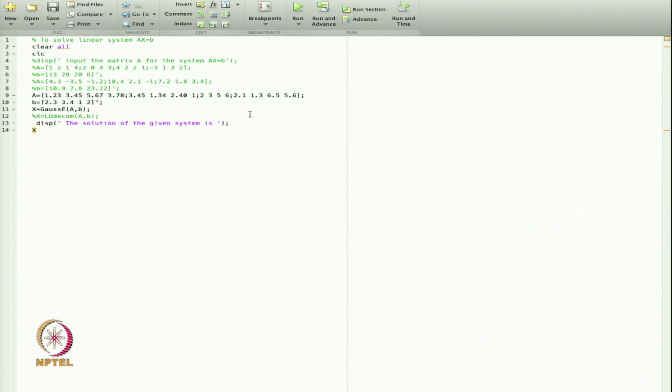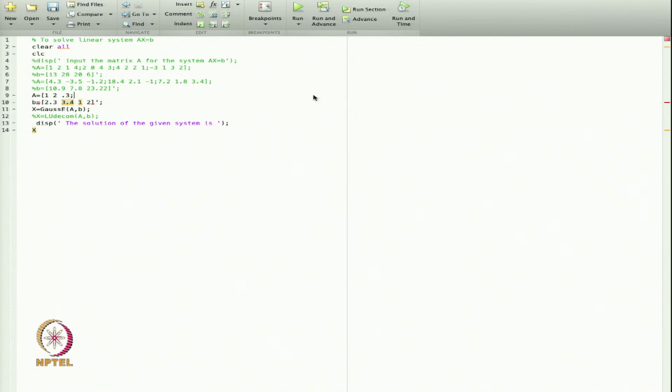So, let us see what will happen if I take a symmetric matrix. Let us give some example. I will start with 1, 2.3, which is the first row.